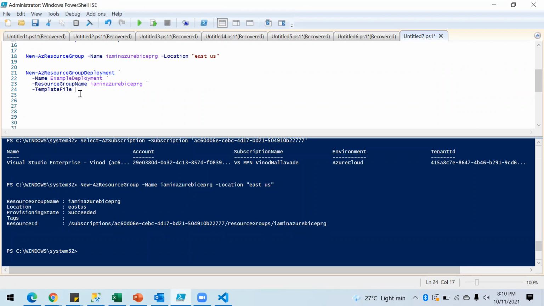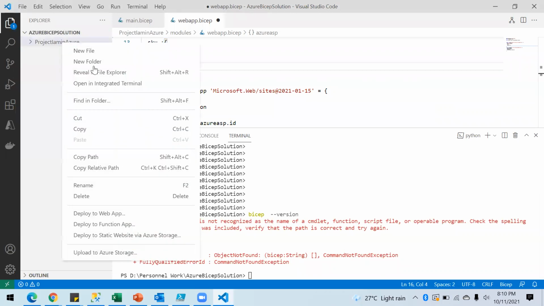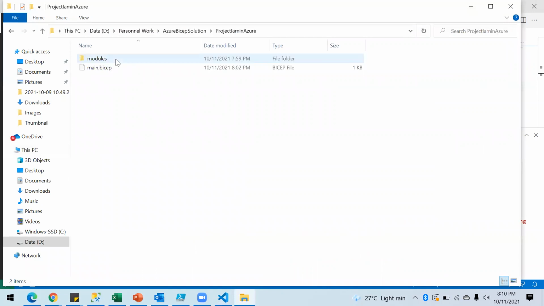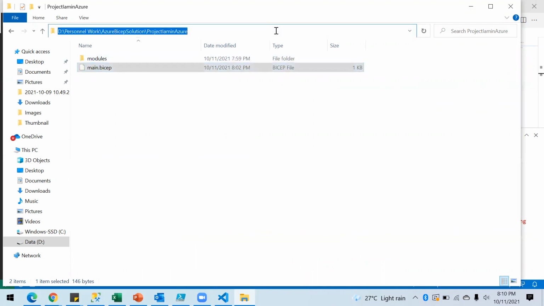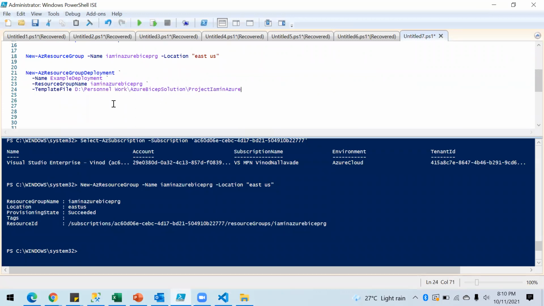So I need to copy that file path. Let's go to that path and reveal in File Explorer. So this is the Bicep file. I'm going to copy this path and put it here, and I will point to that main.bicep file, and let's just run this.